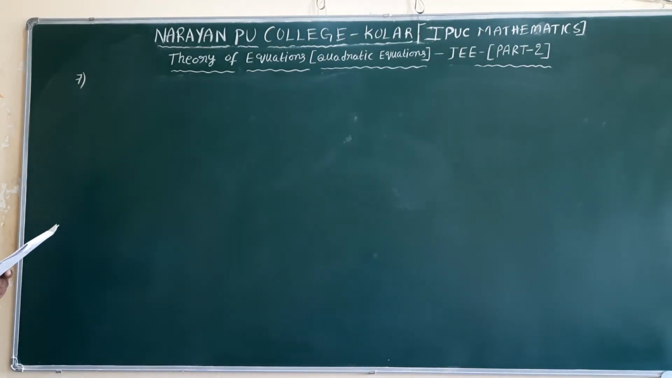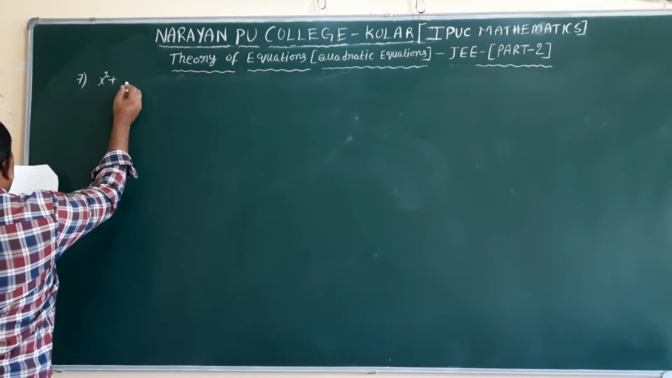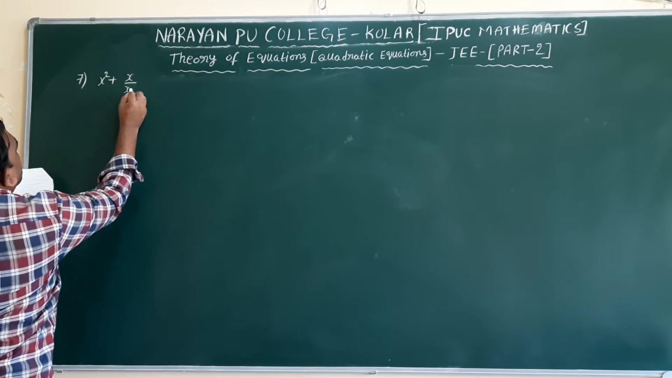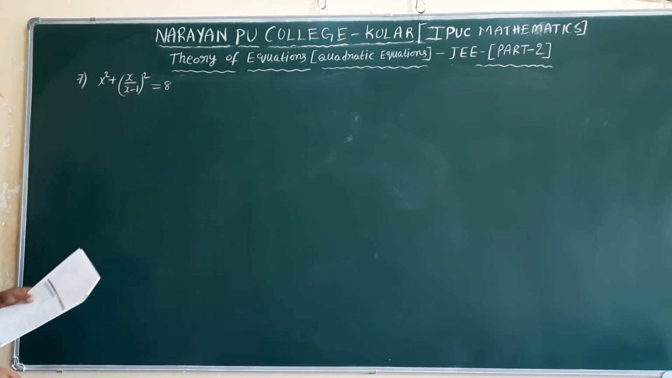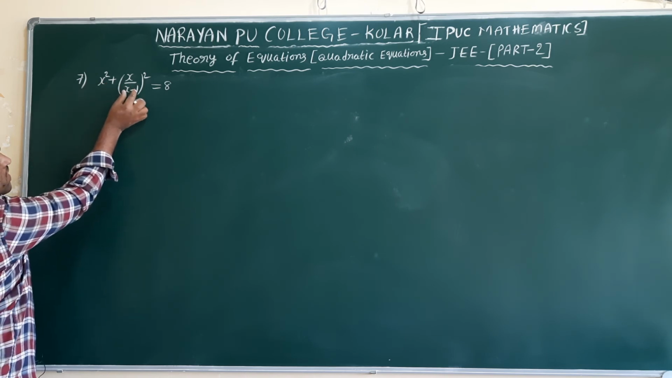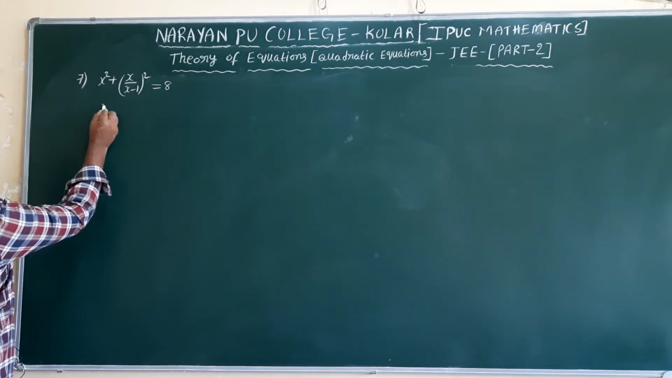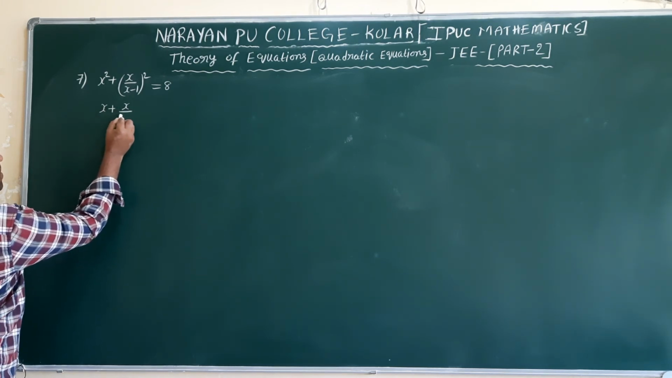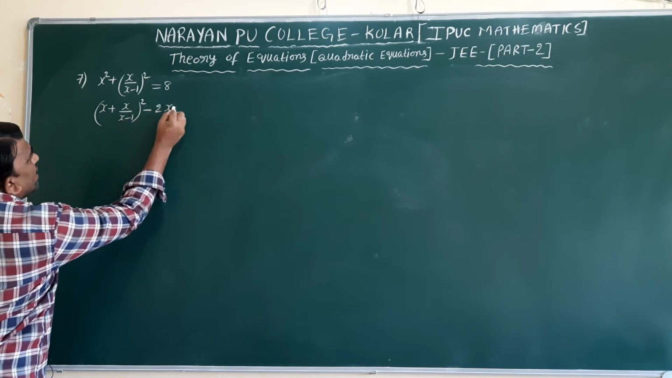Try with one. The number of distinct real solutions of the equation x square plus x by x minus 1 whole square is equal to 8. For this equation, the number of distinct real solutions is asked. So it is in the form a square plus b square. a is x, b value is x by x minus 1. a square plus b square we can write as a plus b whole square minus 2ab. So a plus b whole square minus 2ab